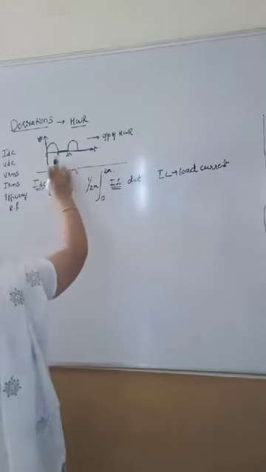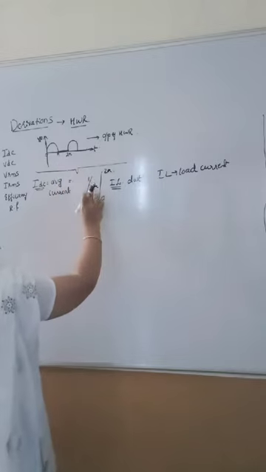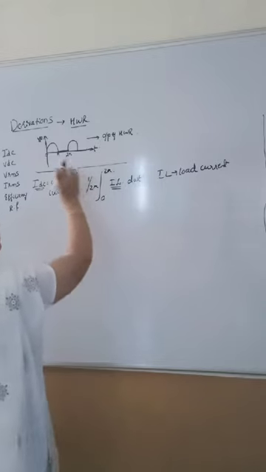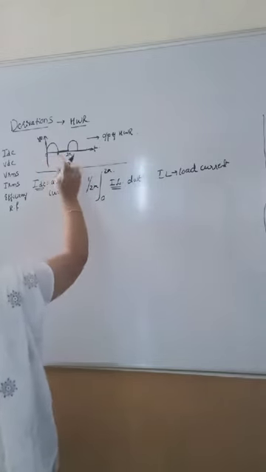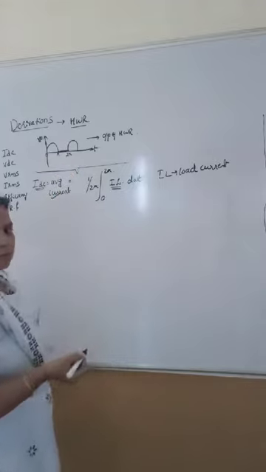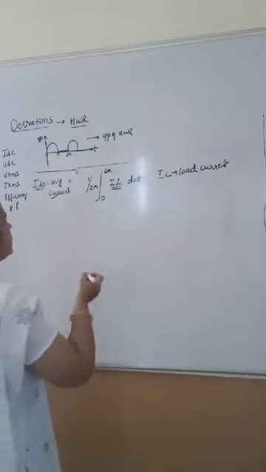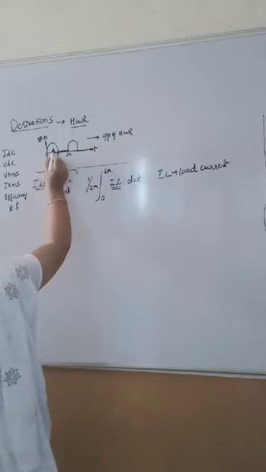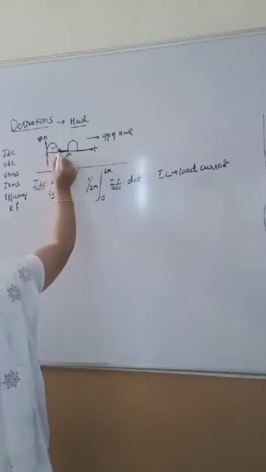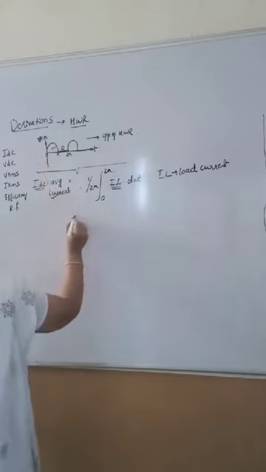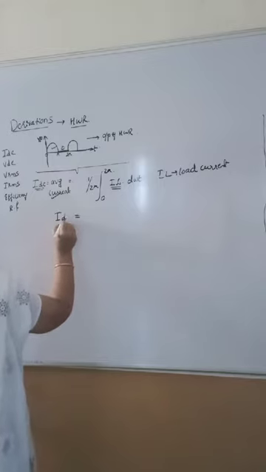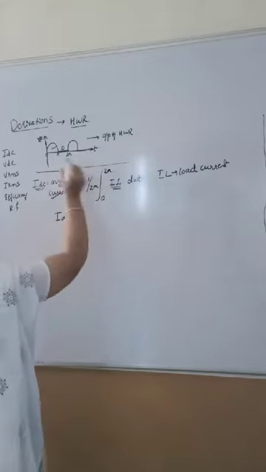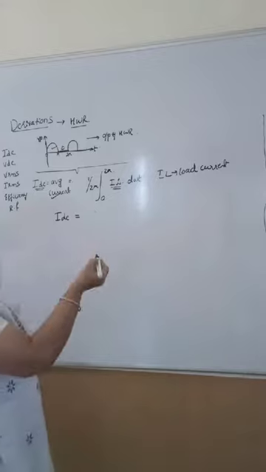We are integrating over the limits 0 to 2 pi. 1 divided by 2 pi of this gives the area under the waveform, which is nothing but the average value of the current. You can see that from 0 to pi we have a value, whereas from pi to 2 pi it is 0. So we can integrate taking the limits 0 to pi, since pi to 2 pi is anyhow going to be 0.